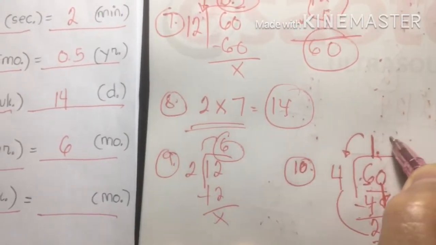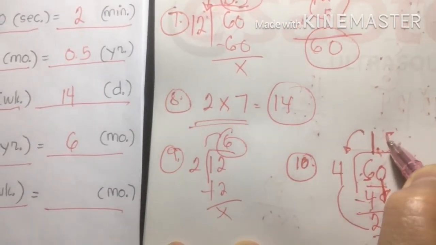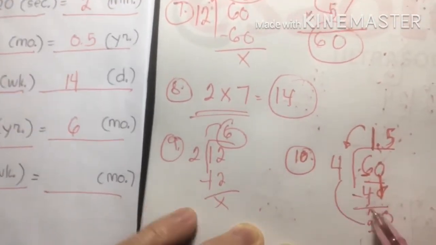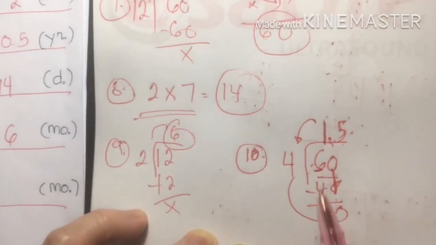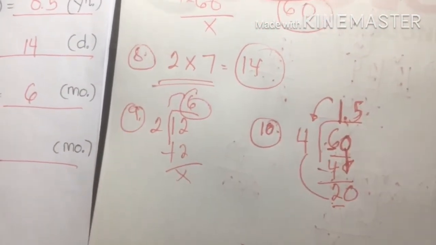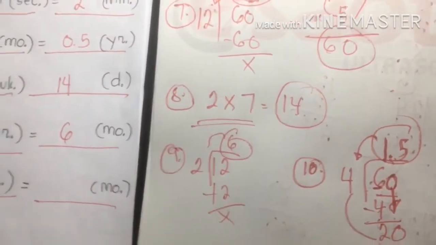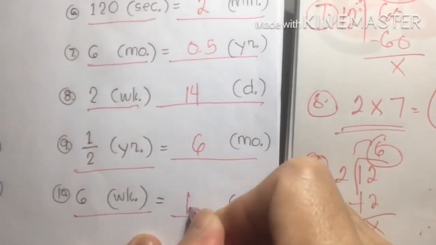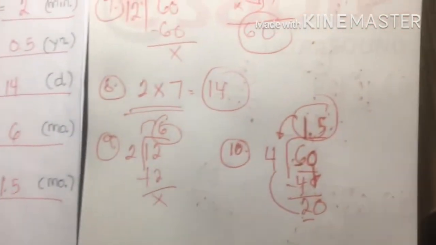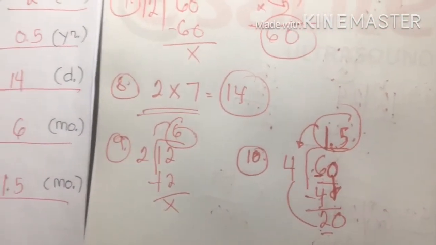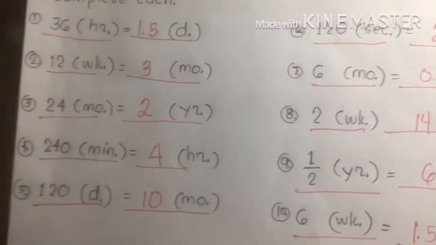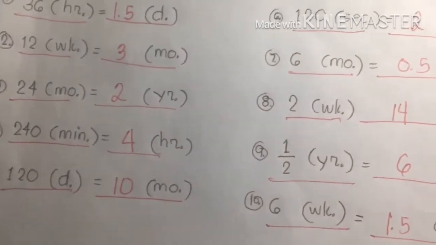I add a decimal point, my dear viewers, because after dividing 6 by 4, the answer is 1. We multiply, then the result is 2, 6 minus 4. So since 2 cannot be divided, that's why I add 0. Okay, so our answer is 1.5 months. 1.5 months. That's for number 10. That's for part A. Okay, hope you can follow. Next,